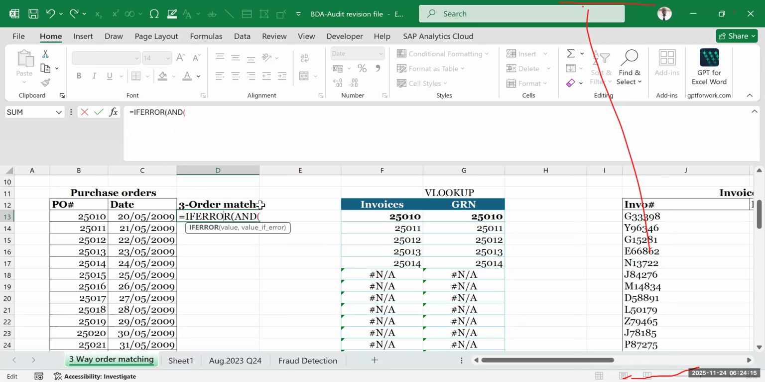And the three-way order simply means the purchase order is matching with the invoice received and is matching with the goods that were received in the GRN. So we just need to confirm that they are matching. But what if they are not matching? That's why we've chosen the IFERROR. Because they should be matching, and if they're not matching, and again, we remember that